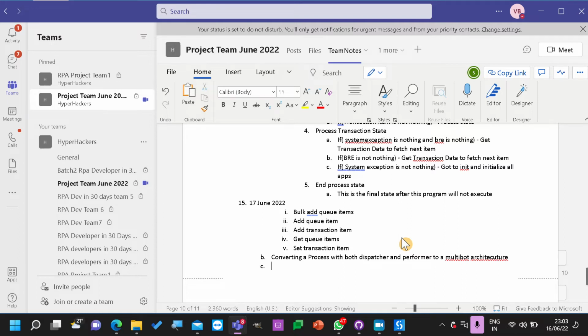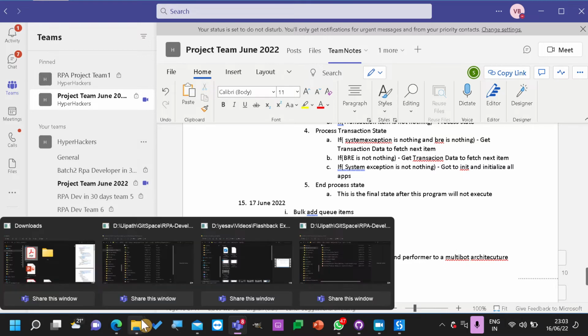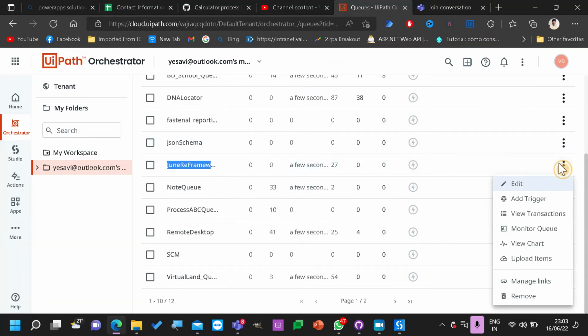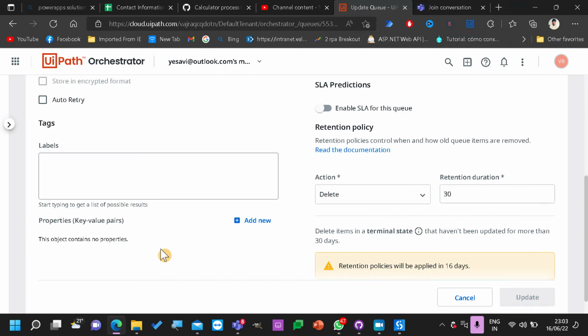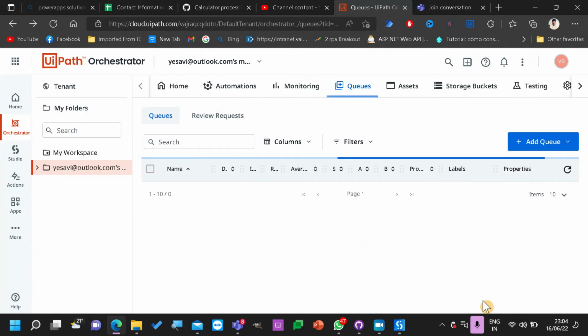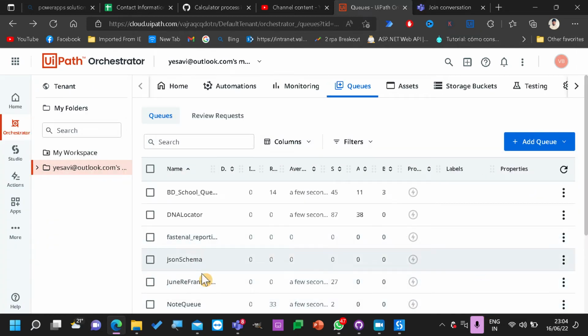Okay, now if we see, here we have the Jun framework, right? If we enforce unique references using bulk add queue items, we will not be able to add queue items to the orchestrator queue. Okay, that is one catch.